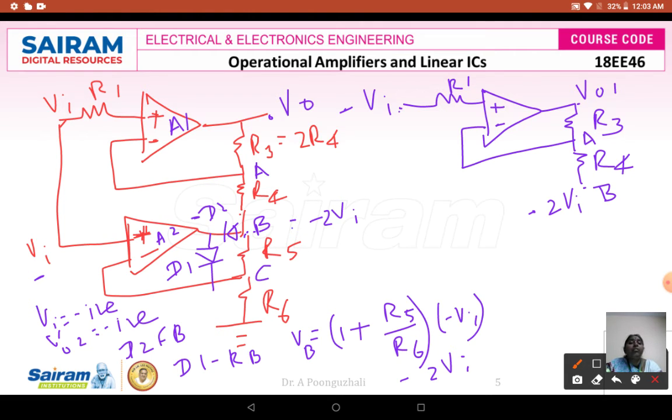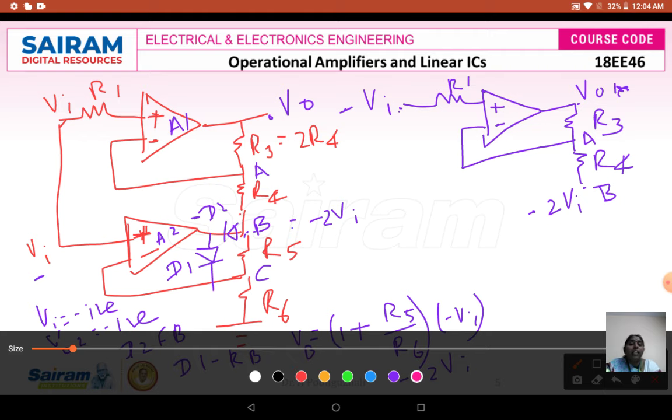To find the output at this point during this negative cycle, two inputs are going to be there. When I consider minus 2 VI, the output I can write as Vx. When the input is only minus VI, the output I will write as Vy. That is, I am going to apply the superposition theorem. To apply it, first I will consider this minus 2 VI, and I will make this VI voltage to be at ground potential.